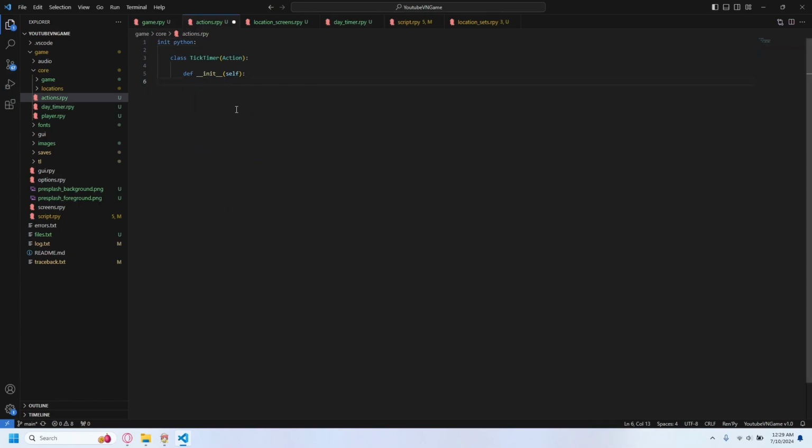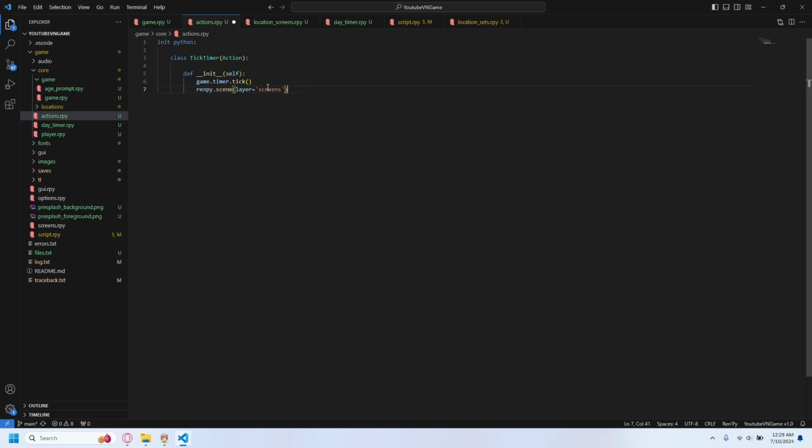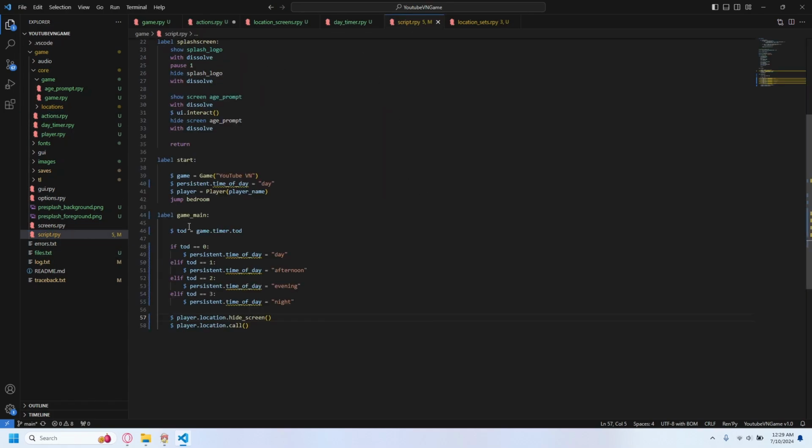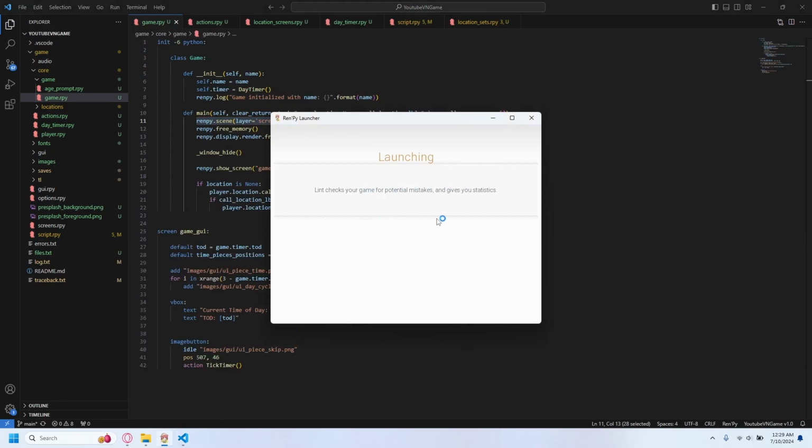In order to call that, we're going to do game.timer.tick. Cool. And then I'm going to grab this right here, that way we can clear that screen. And then I also want to finally call the game main label that we created, and we're going to renpy.jump to the game main. Cool. So if we go ahead and launch it,